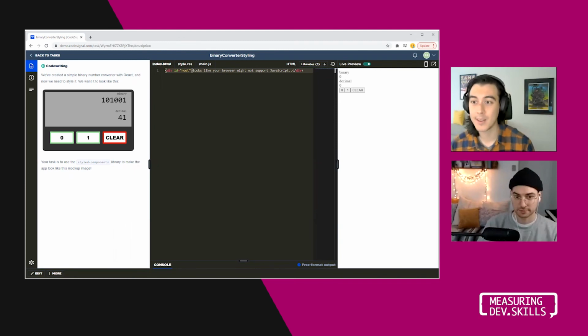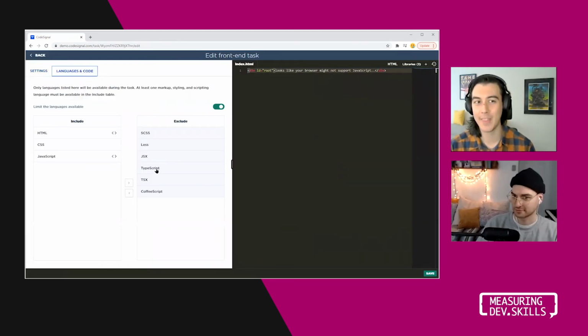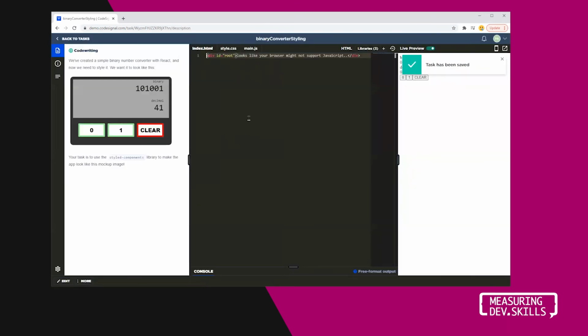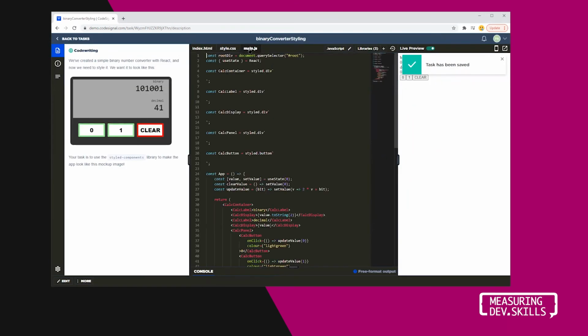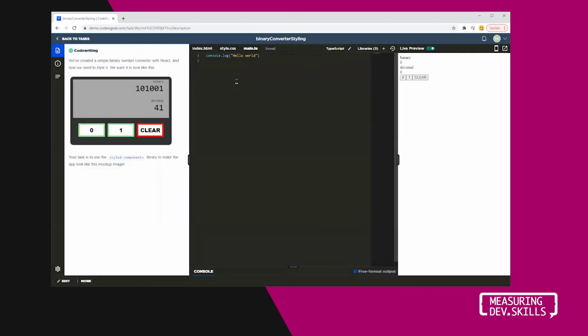I think maybe it's worth talking a little bit about the front end preview and how that works, and maybe looking at what happens when we use a language like TypeScript. I think there are a couple of things that are interesting to call out here, which is one, how are we running TypeScript if we support TypeScript? So if we go to main.js and then change the language,